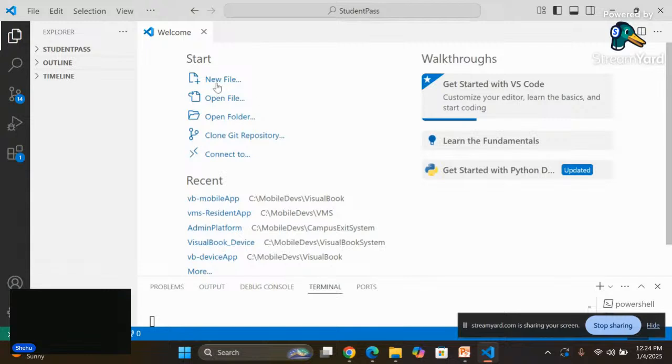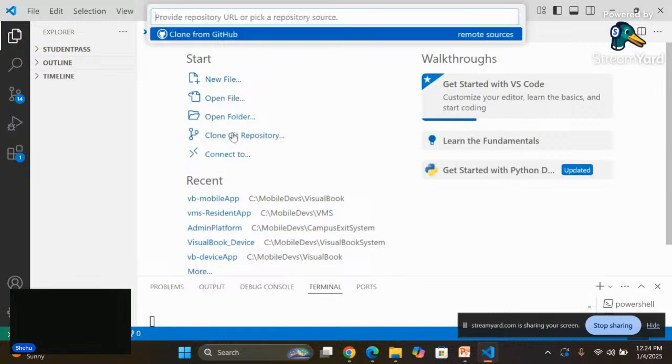So here you see up here we have new file, right? Start here. We have new file. We have open file, right? And then we have open folder, and then we have clone git repo. That is the one, two, three, four. The fourth, we have clone git repo. Are you all with me? Clone git repo. All right. So when you click on clone git repo,